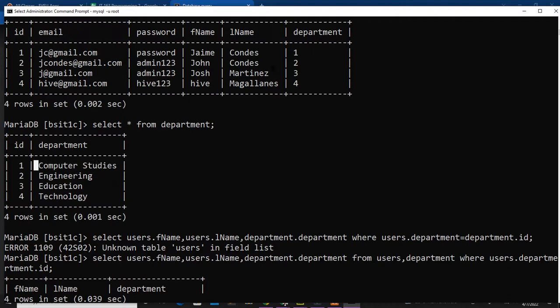Meaning if there is a 1 here, this column will be fetched because it belongs to department ID number 1. So, JC belongs to department ID number 1, while department ID 3 is computer studies. Okay? Because we put the users.department is equal to